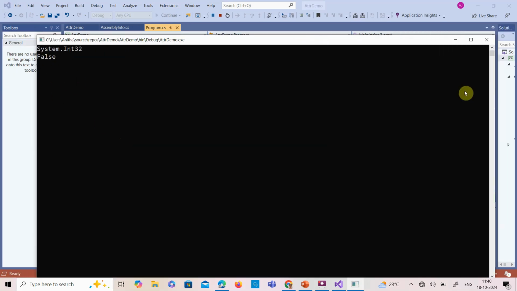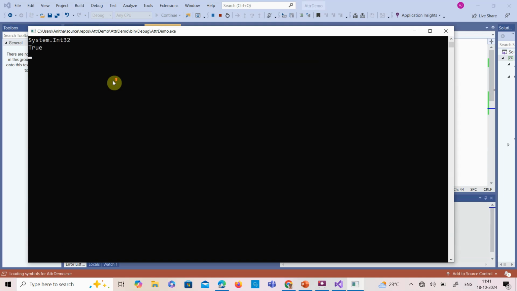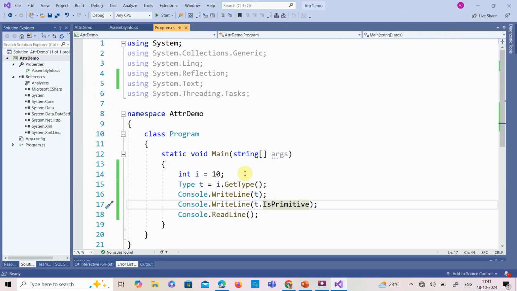So the IsClass is false. If I print IsPrimitive, then it is a primitive data type, so you will get true. Okay, so now we will